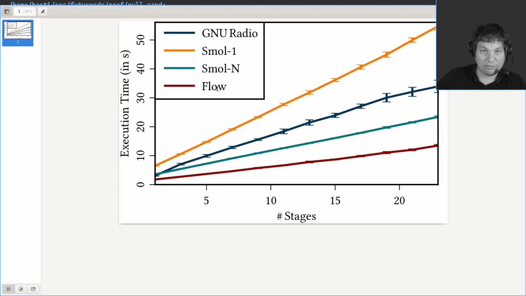And then we have the flow scheduler, and this one tries to group adjacent blocks onto the same worker, keeps them in the local task queue, and goes through this queue in a round-robin fashion. So this is kind of a better schedule, but knowing the structure of the flow graph is kind of a proof of concept, what a better scheduler could do, for example. So yeah, it's performing better. It's not totally over the top. I don't know what it is, 2x, 3x, not too interesting at the moment.